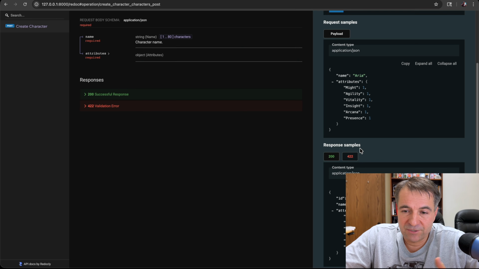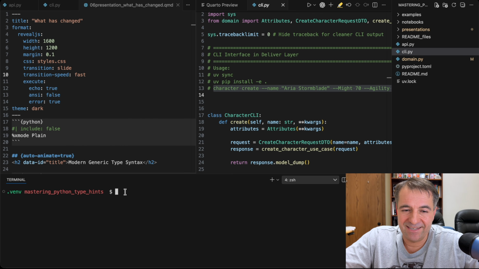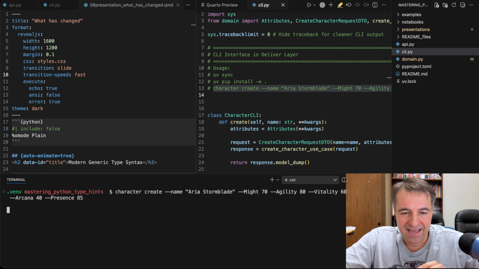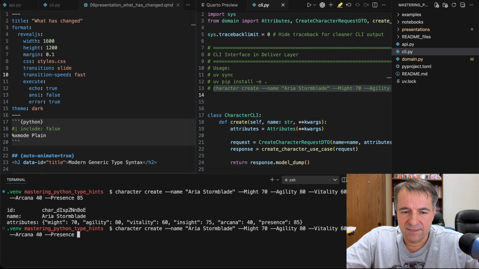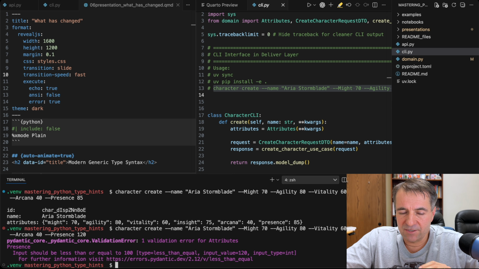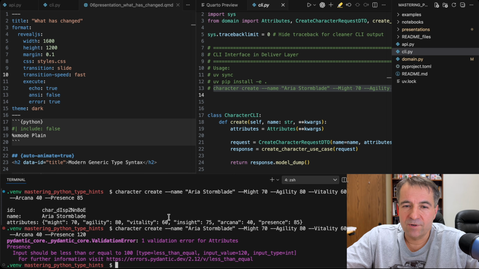So let's jump in. What we'll also do is we're also going to do a command line application, also with 6 lines of code. And this is an example of me accessing the same backend now, but through a command line interface. You can see the code, but we're going to delve into this code. And once I execute this, it's going to give me the same error once I try to do 120 over there. So let's jump in and see how this is possible.